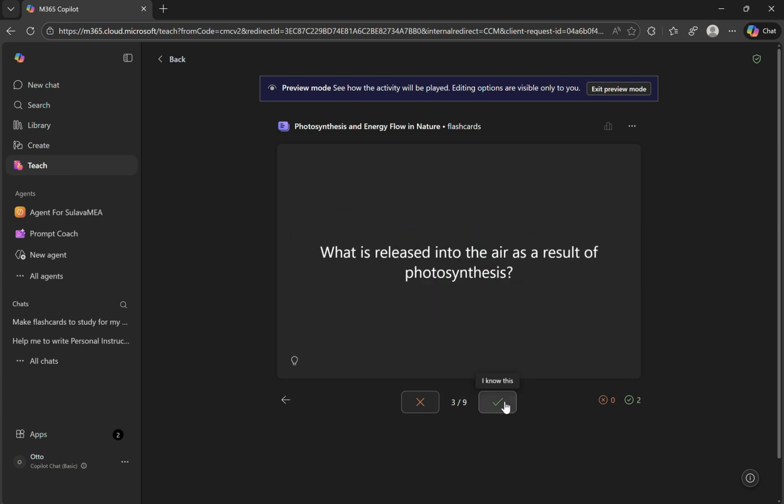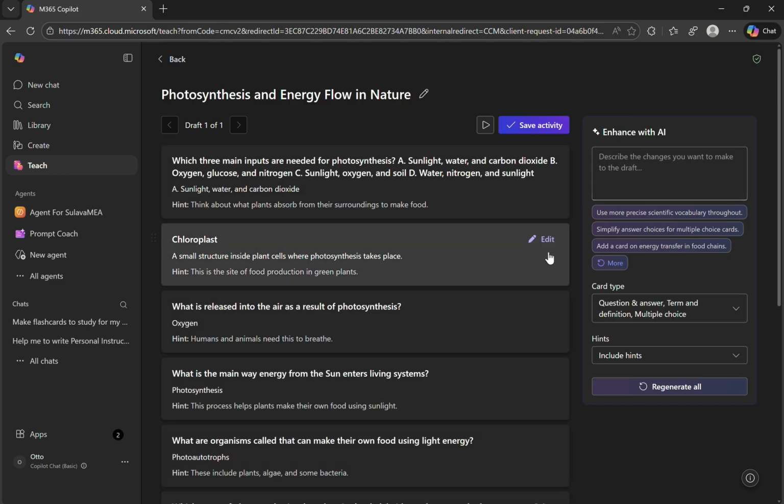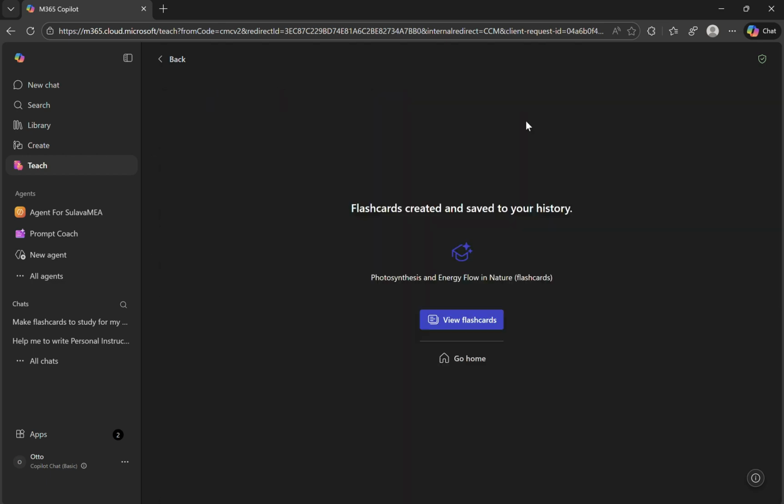After you have tested and seen that everything is working as you like, you can generate the learning material and learning activities. When it's created, you can open it from here and see how it's going to look for the students.